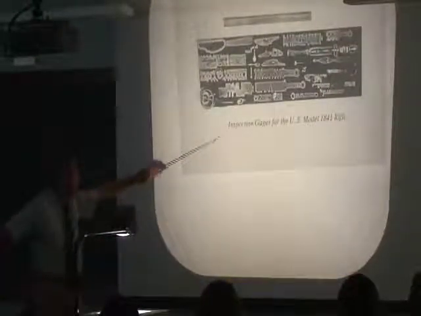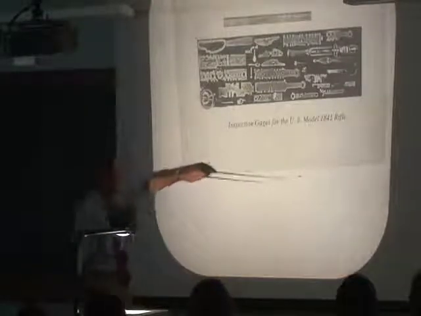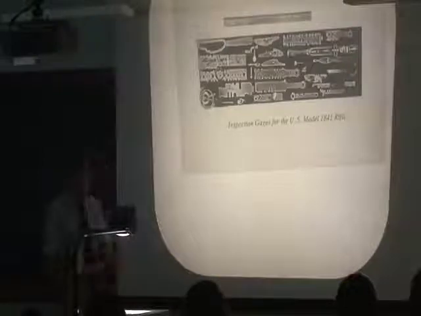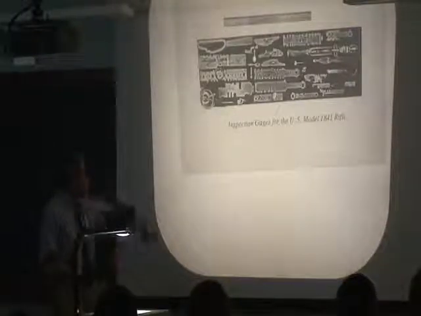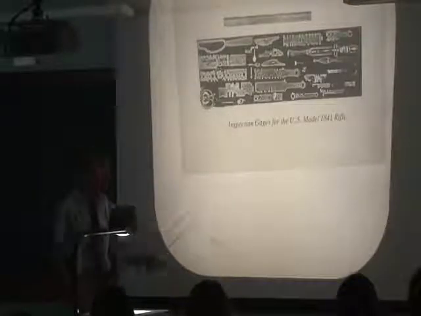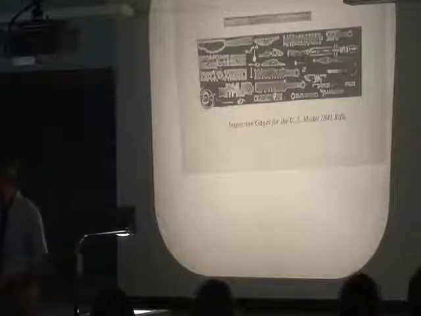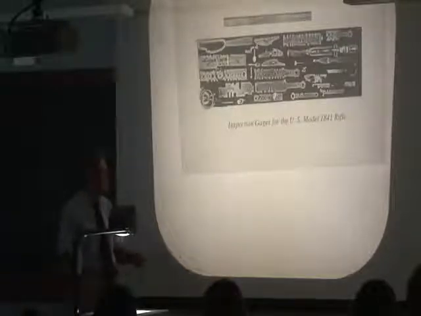These are the inspection gauges for the 1841 U.S. model Springfield rifle out of Springfield Armory in Connecticut. Springfield, Massachusetts. These were built in Connecticut. All of this technology came out of Providence, Rhode Island, and one or two sites in Connecticut. It all came into being over about 30 years in the 1800s.